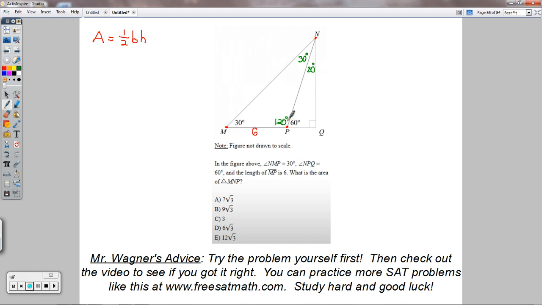Also, something else I see in the picture here now, based on what I just wrote in, I see I have an isosceles triangle, 30, 30, and 120. That means that this side, MP, would be congruent to this side, NP. So this would also be 6. And so based on all of that,